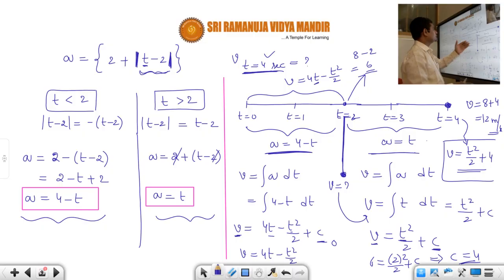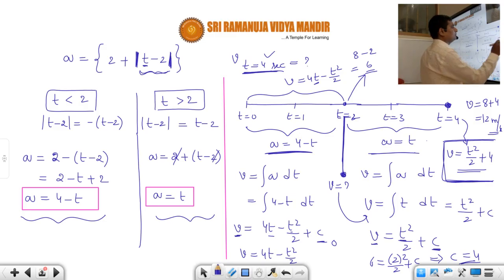From t equal to 0 to t equal to 2, first calculate acceleration, then velocity, then you will get the value of velocity. Then if you substitute that one, then you will get the C here, and then this is the final equation, v is equal to t square by 2 plus 4. So method is same, students. Previously until now we were given this equation directly, v equal to t square by 2 plus 4, and then you would be asked to find the velocity at t equal to 4. But here we have to get that equation first. Indirect means they have given the information indirectly. Okay, students, I hope you understood. So this is the method.